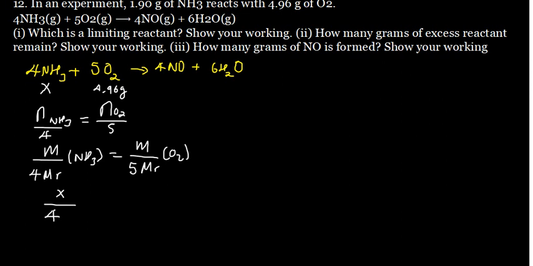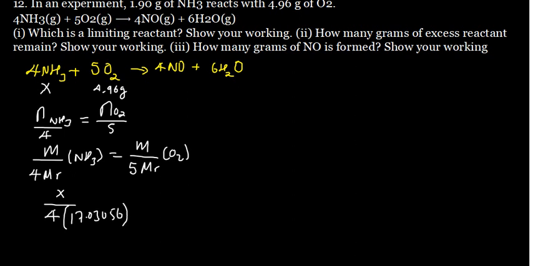So let's start with nitrogen itself, the molar mass from the periodic table. Nitrogen is 14.00674, and then we have got 3 hydrogens, 3 times the molar mass of hydrogen, which is 1.00794. So the molar mass of ammonia that I'm finding is